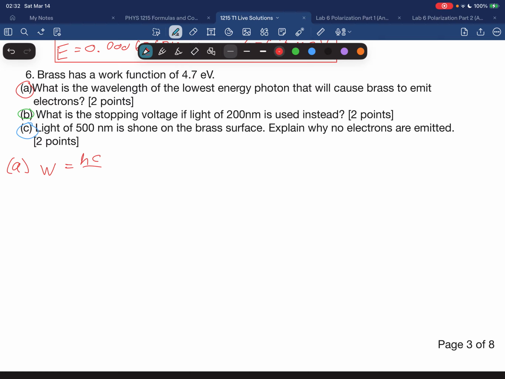And I will start with my work function equation here, because I'm given work function and I'm asked about wavelength. So I'm going to go ahead and rearrange these here. So wavelength equals hc over the work function,